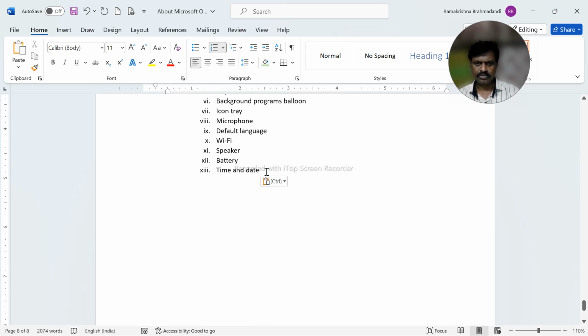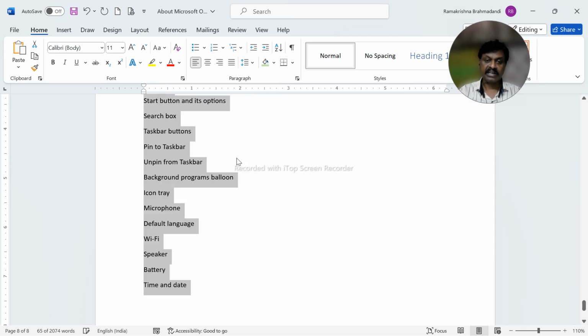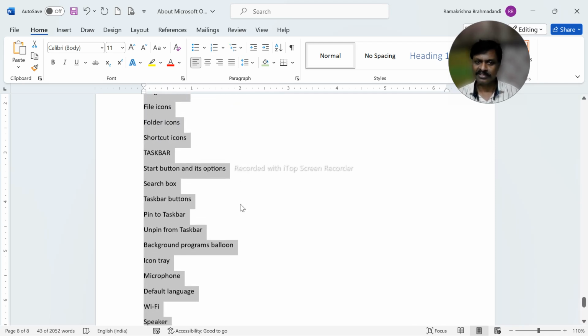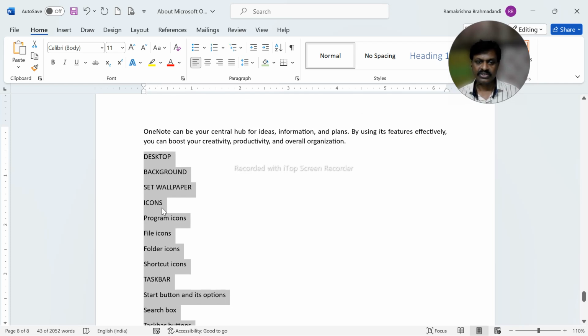What I want to do is select this and remove the formatting. I simply press Control Space bar, nothing is happening. Control Shift N, everything gone, right? Okay. So here what I will do,